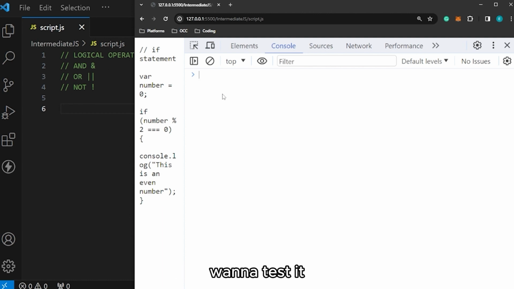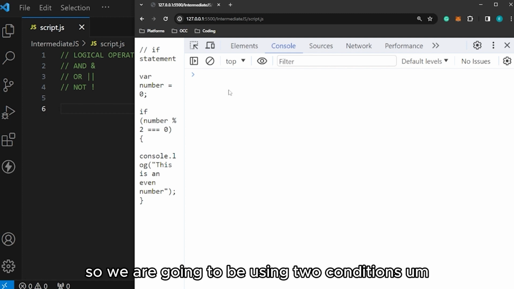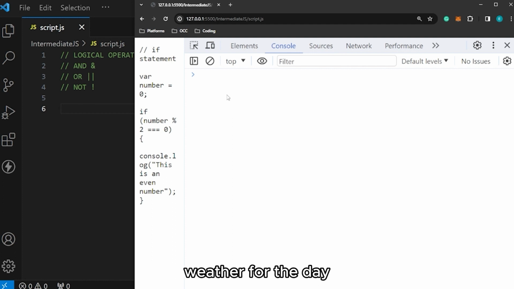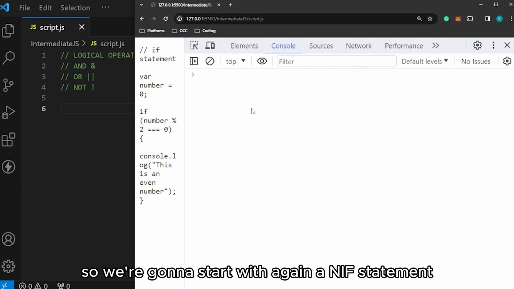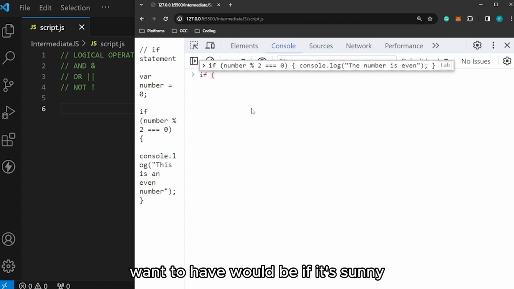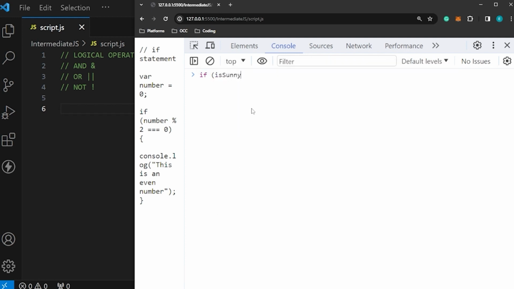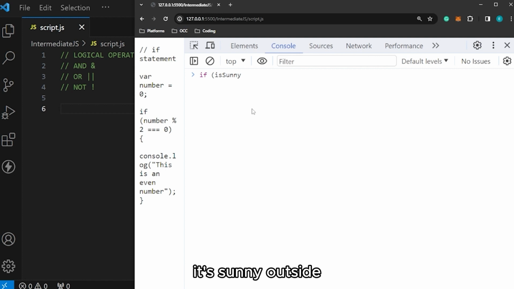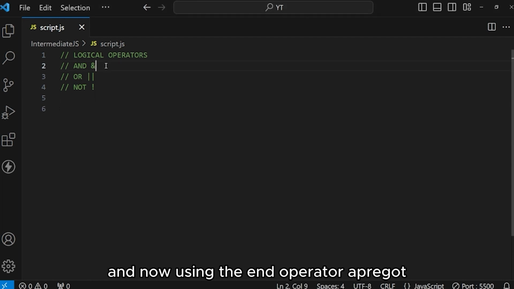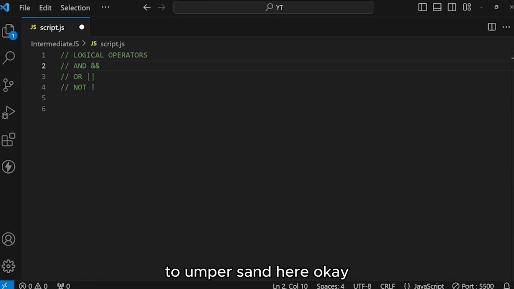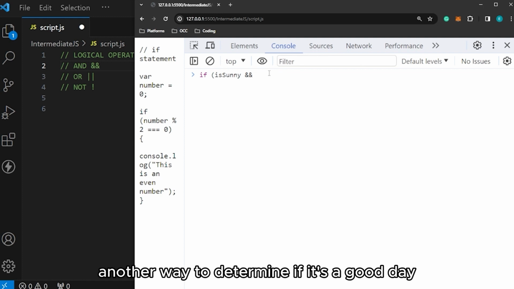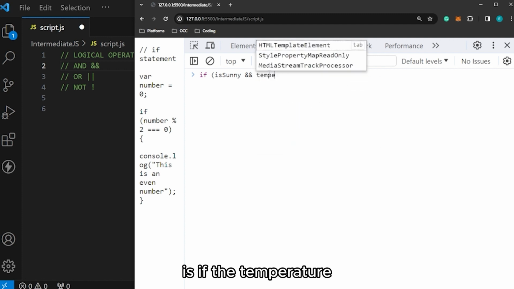We want to test it using two conditions. Maybe it can have something to do with the weather for the day. So we're going to start with, again, an if statement. The first condition would be if it's sunny. Now it is going to be a good day if first it's sunny outside, and now using the AND operator, I forgot it should have two ampersands here. And then also, another way to determine if it's a good day is if the temperature